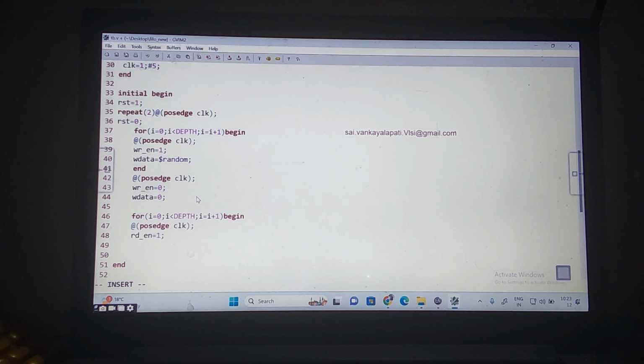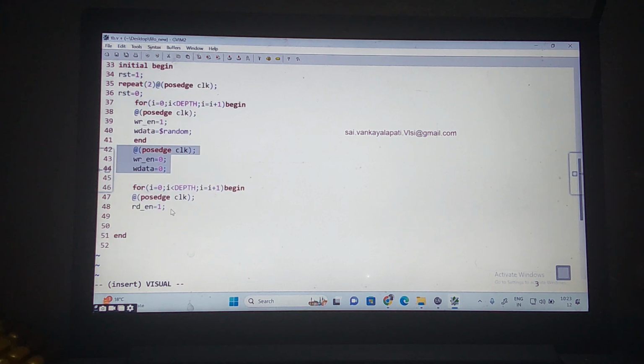That's it, right? Anyway, we are in the design file, we are reading R data is equal to memory of read pointer. Do I need to write read data is equal to memory of write function here? No, it is not necessary. But the way we are doing is that after this depth, intentionally, we are writing zeros. It is not necessary always. Do you understand?